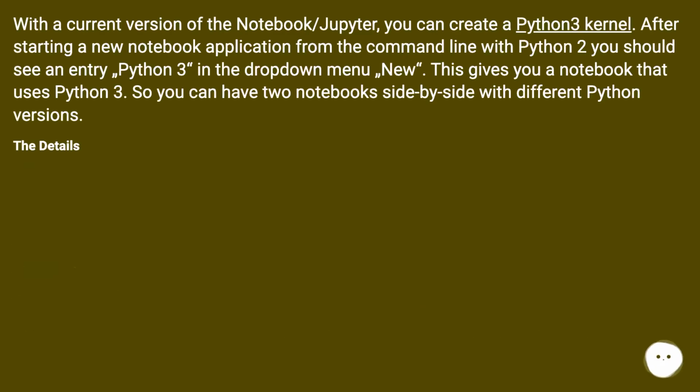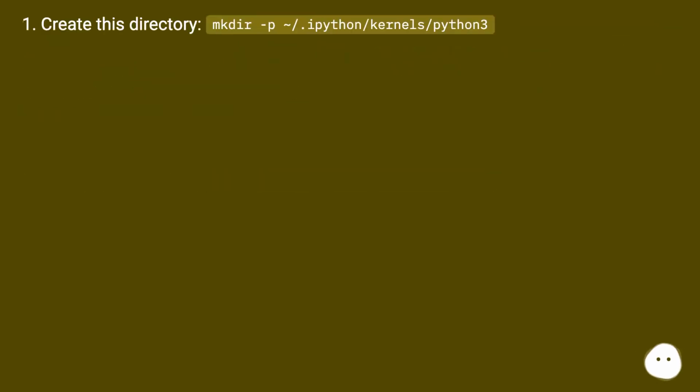With the current version of the Notebook/Jupyter, you can create a Python 3 kernel. After starting a new notebook application from the command line with Python 2, you should see an entry, Python 3, in the drop-down menu. This gives you a notebook that uses Python 3, so you can have two notebooks side by side with different Python versions. The details. Create this directory, mkdir